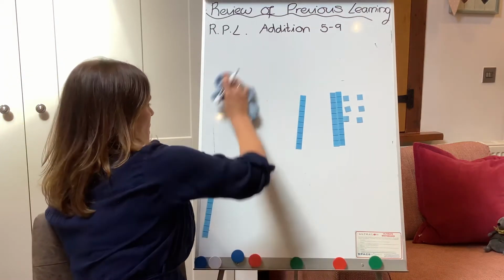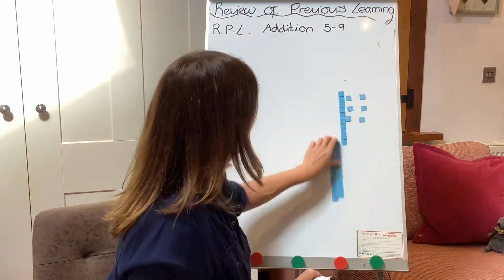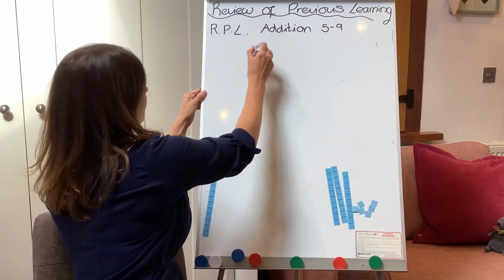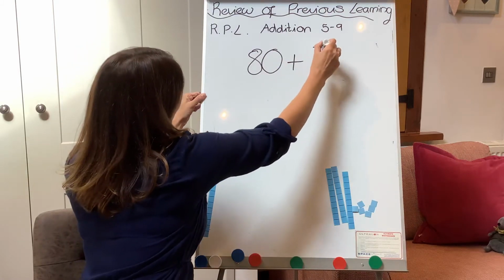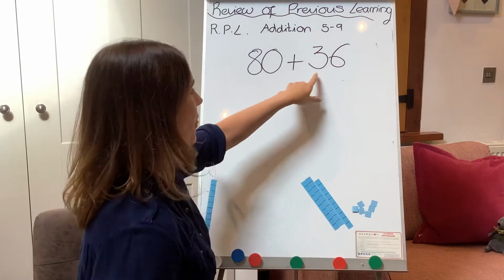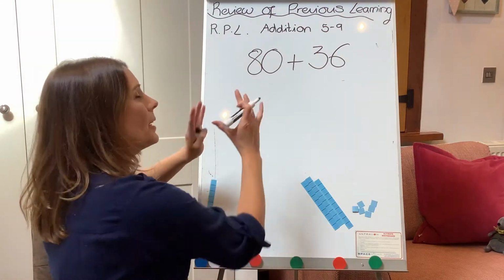So why is this useful? This is useful when we come to do addition. So if we have 80 add 36, then we can partition the 30 in the 36 in different ways to make a number that goes together